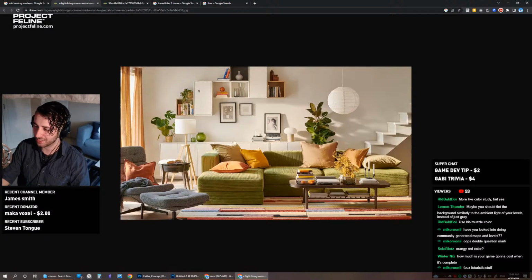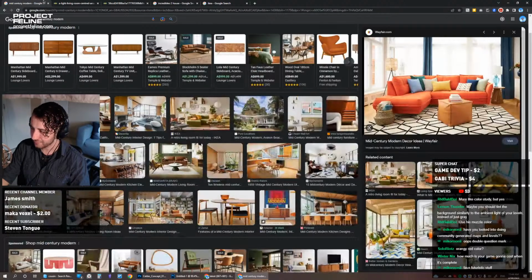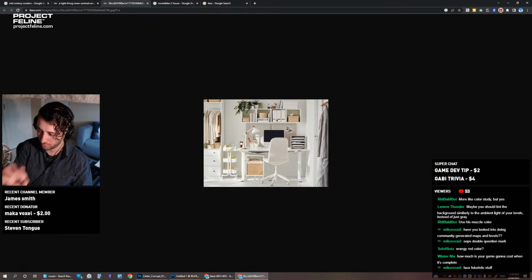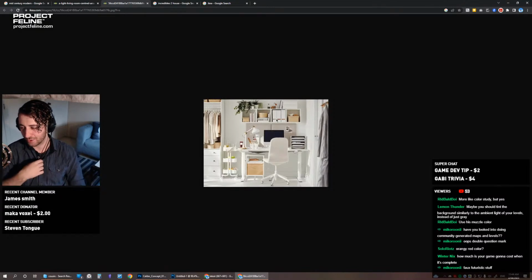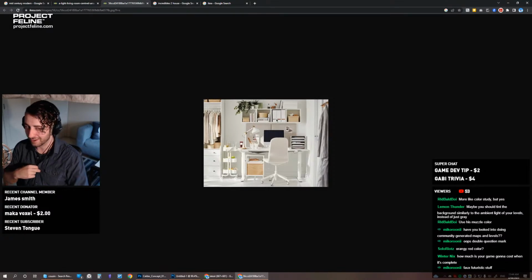The name of this one is mid-century modern. I don't know what the name of this one is, but this one is very 2010s. So if you move in somewhere 20 years from now and you see a house that looks like this, guarantee you people are going to say, oh wow, that is so 2010s. Because who knows what the trend's going to be in 20 years from now. But you know, it's that kind of thing.